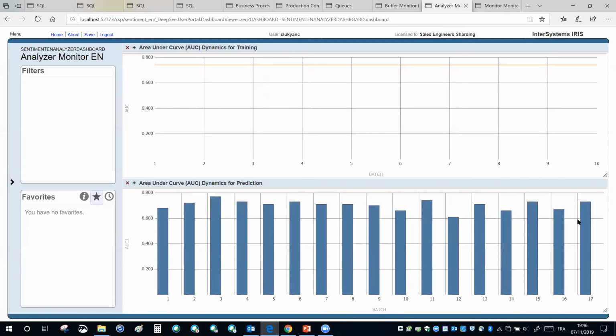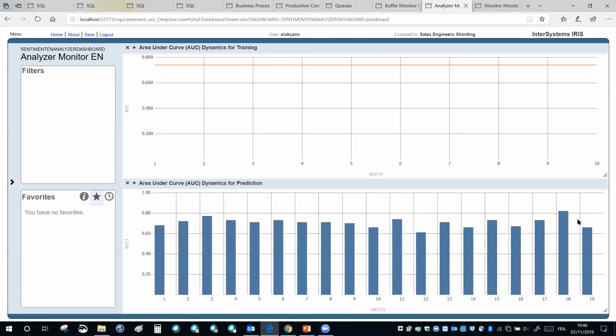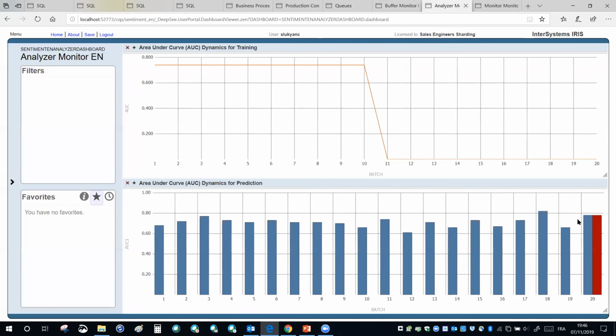And to make things a little bit more difficult for the system, we have parametered it in such a way that no immediate retrain will be made. After each training, it will have to fully renew the buffer. So it is now rebuilding the buffer, but now it has touched the 20th batch. It has seen that the accuracy, at this batch where it starts controlling again, is below the 80%. The area under the curve, as the outcome of the prediction, is now below 80%.